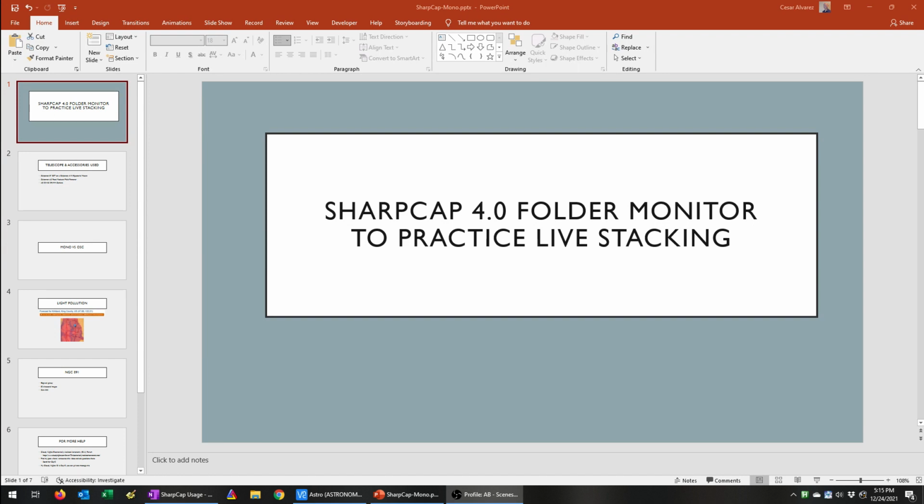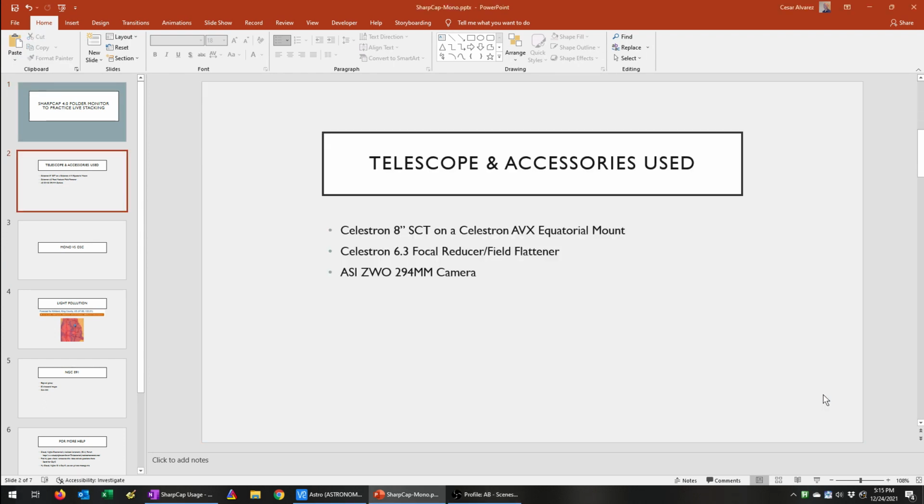practice yourself. To let you know, the telescope that I used to capture these files was a Celestron 8-inch Schmidt Cassegrain telescope on a Celestron AVX equatorial mount, using a Celestron 6.3 focal reducer field flattener, and the camera used was an ASI ZWO 294MM camera, which is a